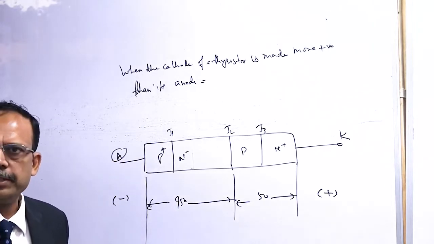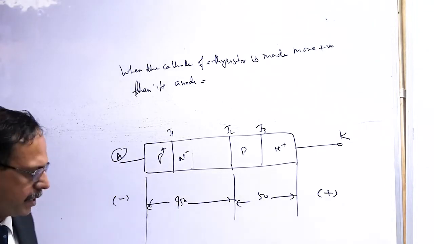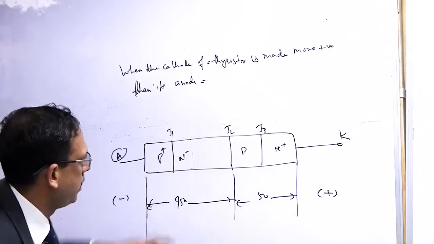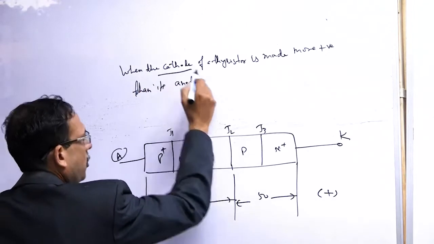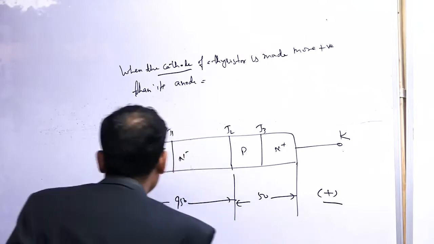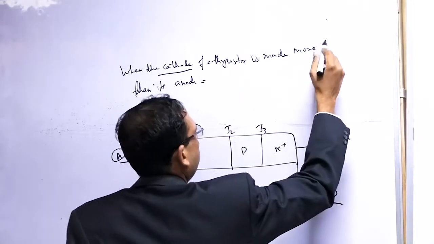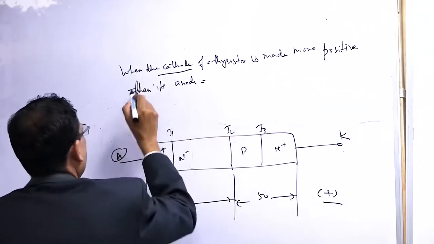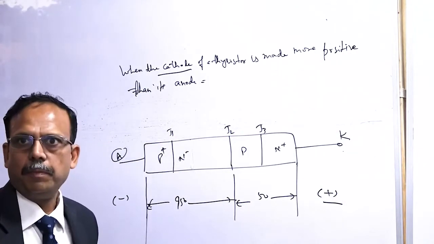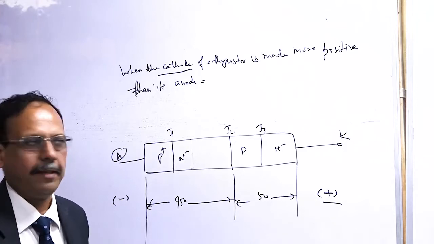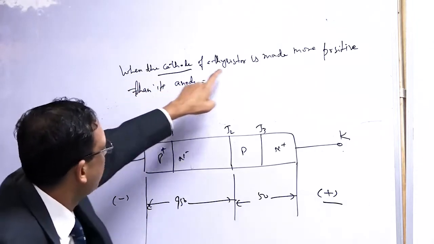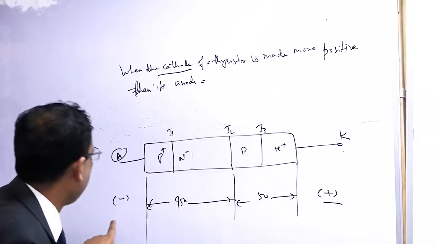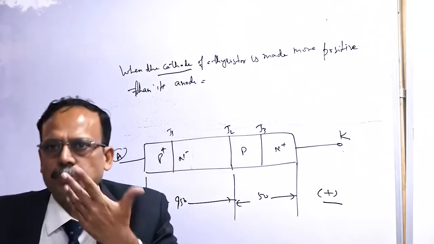No, so for forward wise you are wrong, sir. Sunil Gupta ji, the question is that when the cathode of the thyristor, cathode means this, is made more positive compared to the anode, more positive than its anode. So Bakulji has rightly said yes. Okay. So it is in English, when the cathode of a thyristor is made more positive than anode. So it is a reverse bias. This is what he wants to say.